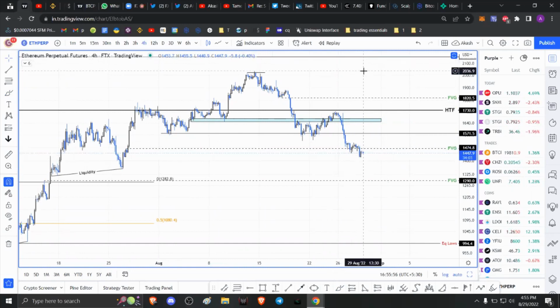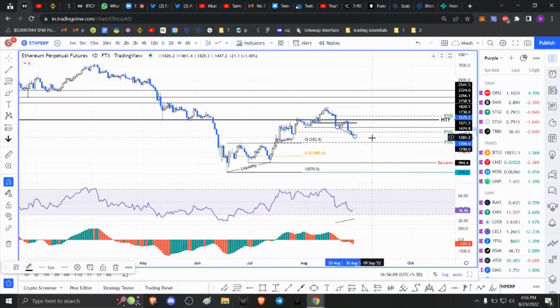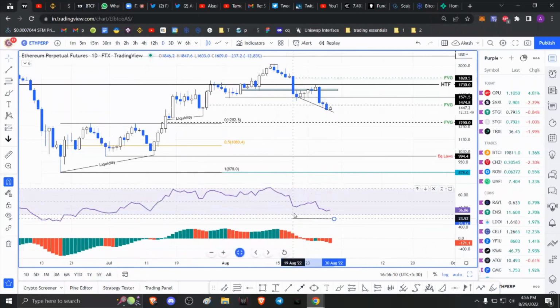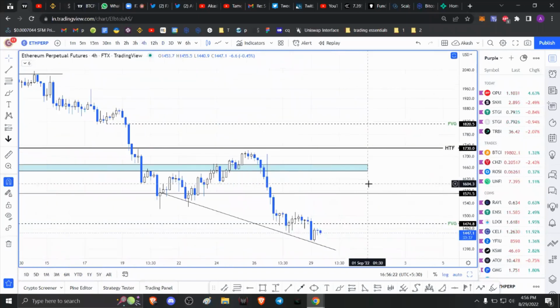And if you look at what's happening here on a 4-hour time frame, it's noticeable, but not that great. You can see there's already bullish divergence starting to develop on the 4-hour time frame. On a 1-day, these are not pronounced. Actually, the divergences are not even present here. You can see lower low, there's nothing happening on a 1-day time frame as well. So on a 4-hour time frame, you could potentially expect a minor recovery rally,